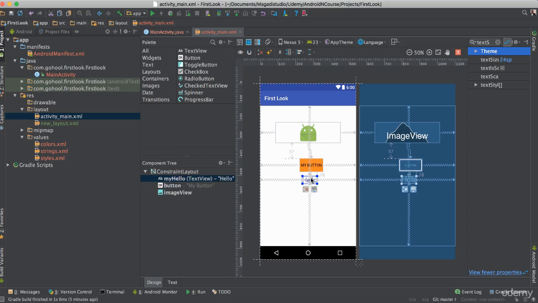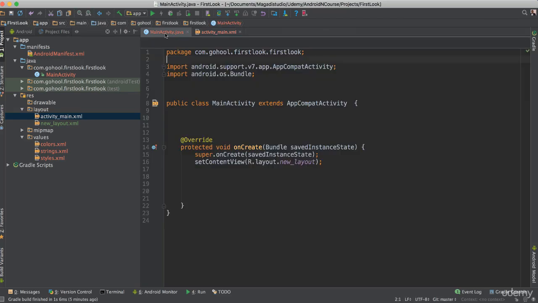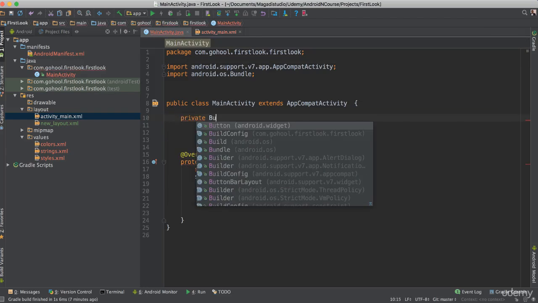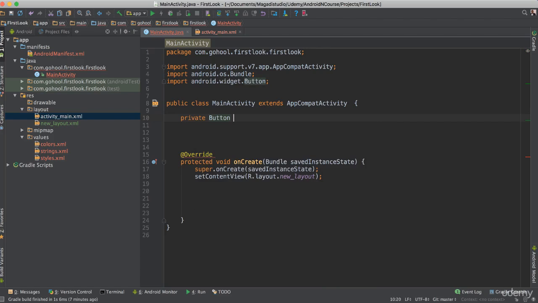Okay, now what do we need to do? Let's go ahead and connect our button and our text view in our code here, Java code. Okay, how do we do that? So what do we say? Private, we say button. Okay, a button, there it is, and then let's call this mButton. We have here a property field, private field here of type button. That means now here inside of our onCreate method, because this is where everything is run first when we run our applications,